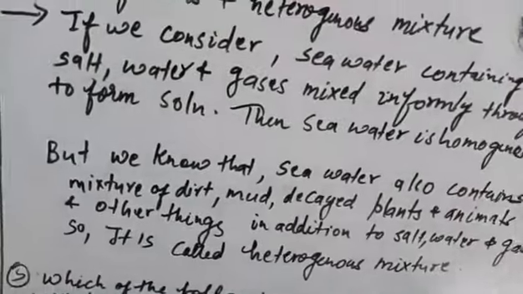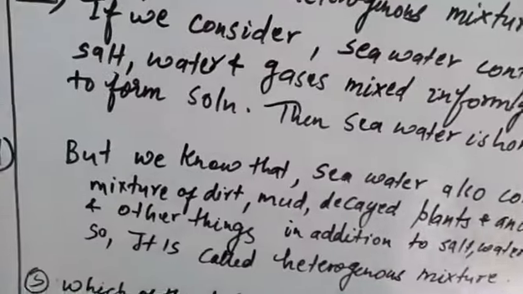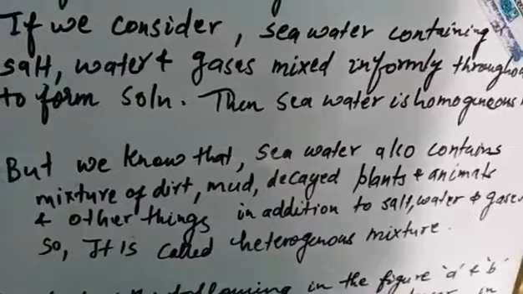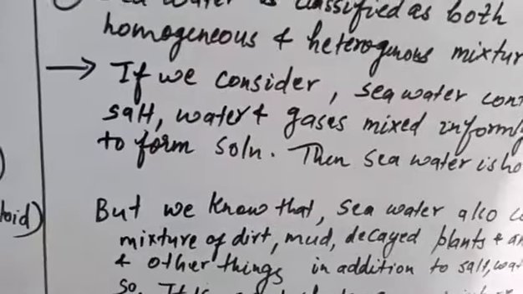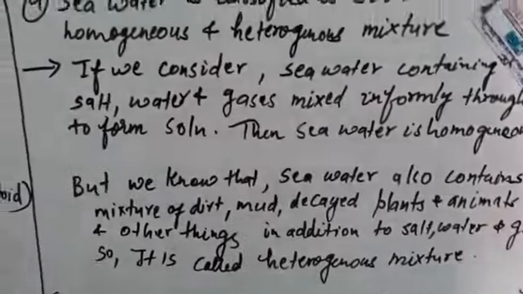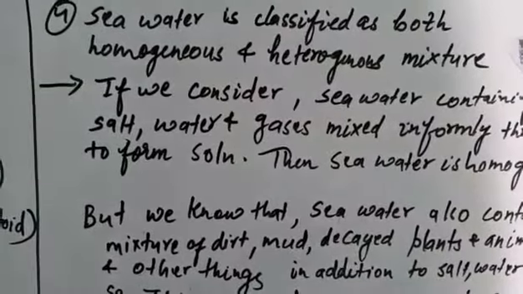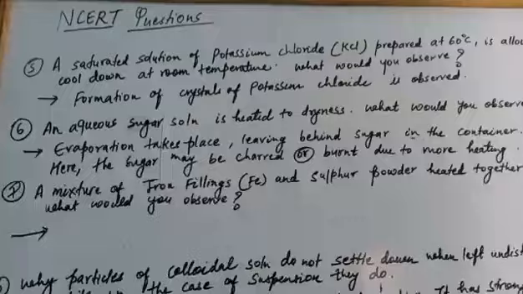So there is confusion between homogeneous and heterogeneous mixture. In some books it is written homogeneous, in some books it is written heterogeneous mixture. So we will categorize it under both homogeneous and heterogeneous mixture. Okay, so I have given you the separate explanation why it is called so. Okay, the next question is